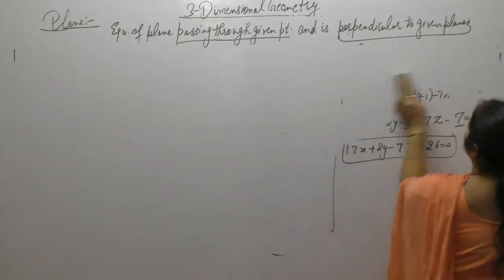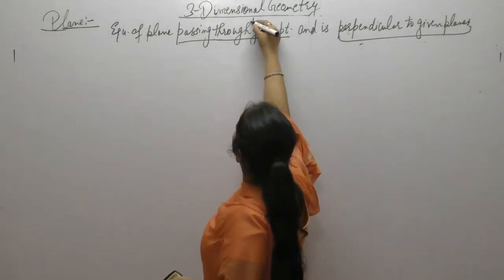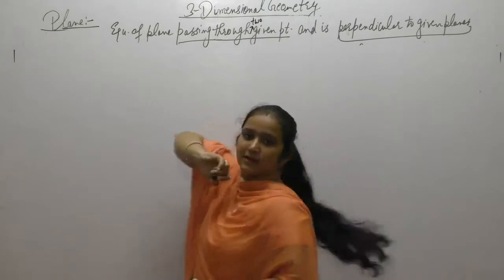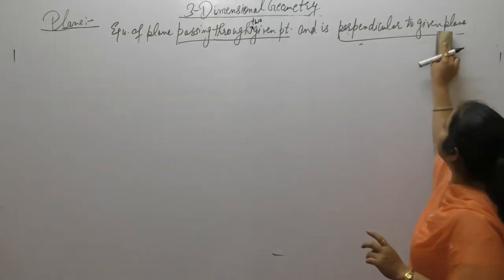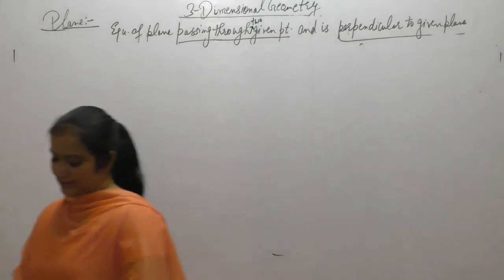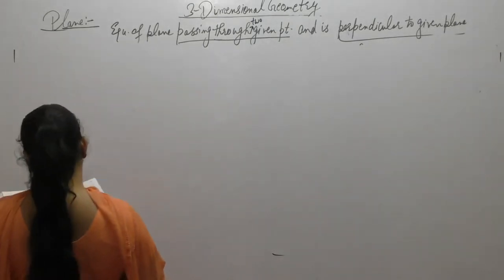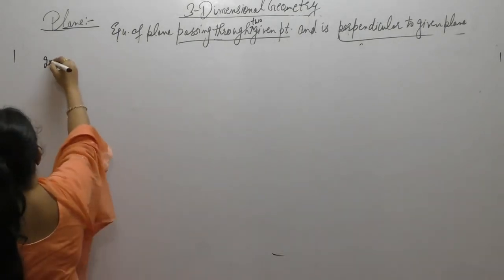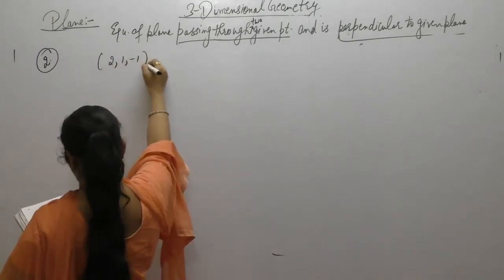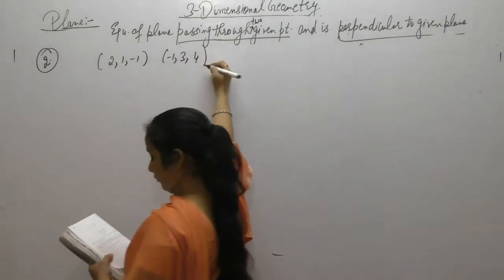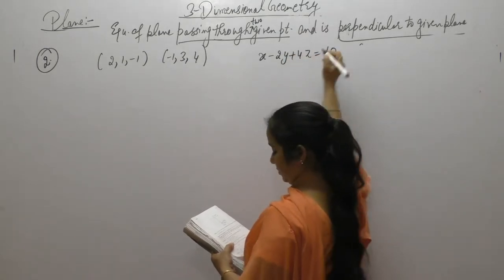Now इसी का ही एक और काइंड है और टाइप है इक्वेशन की. When the equation of plane passing through two given points, दो पॉइंट्स में से पास कर रही है एंड परपेंडिकुलर टू गिवन प्लेन, एक प्लेन के परपेंडिकुलर है. So let us start. Find the equation of plane passing through points (2, 1, -1) and (-1, 3, 4) and perpendicular to plane x - 2y + 4z = 10.